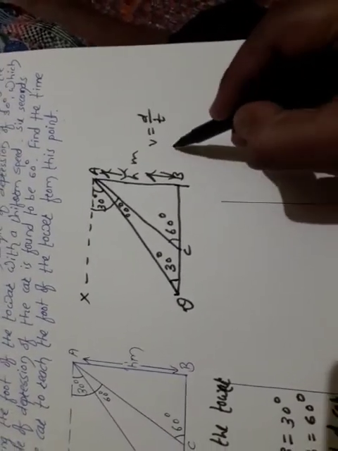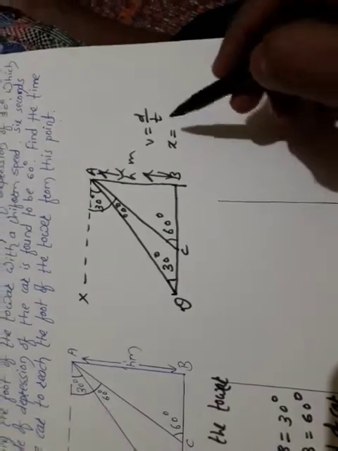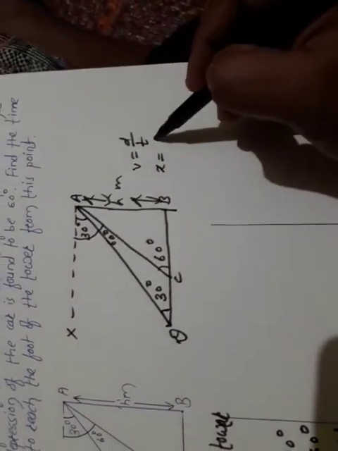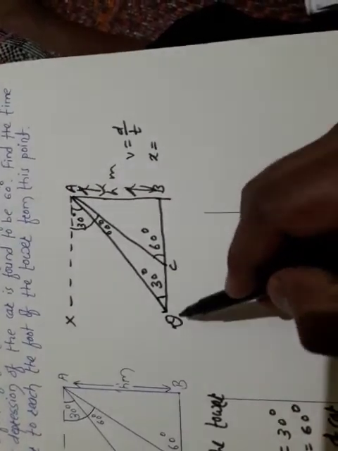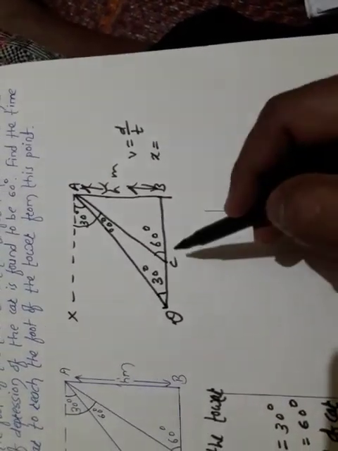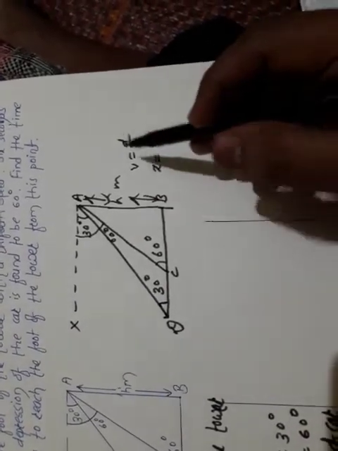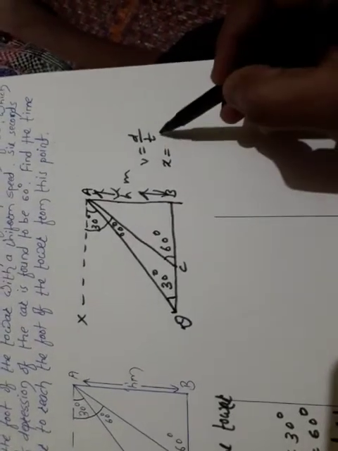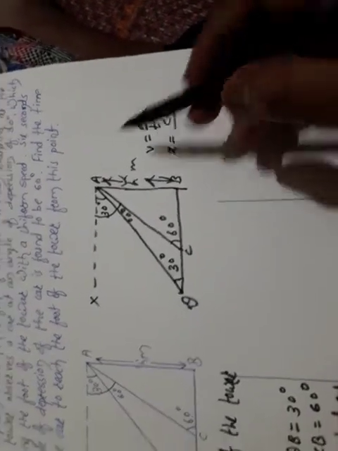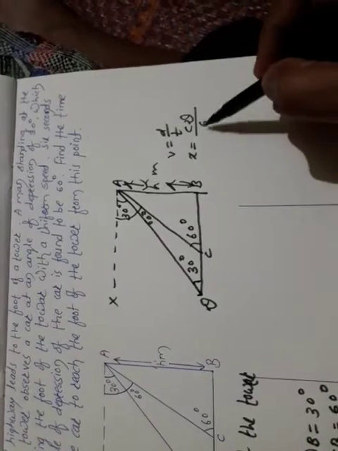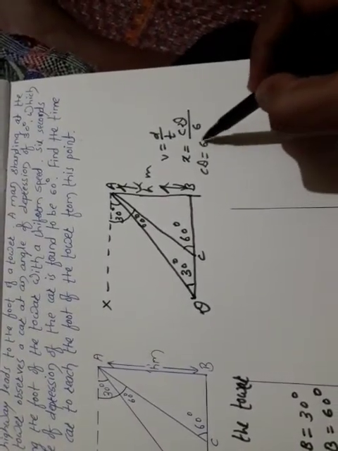V means speed. Suppose speed is x. Suppose we have considered over here, what you have considered? The speed of car is x. Means V is equal to x. D, distance. Look here. Which distance is there? First of all we will see DC, means CD. Then we will go to BC. Then V is equal to x. D means CD divided by time taken by car to reach from point D to C, that is given over here 6 seconds, means CD is equal to 6 into x.